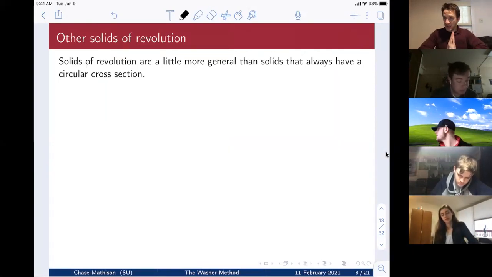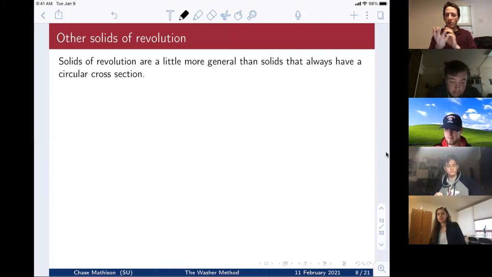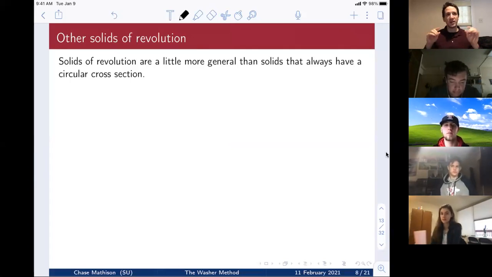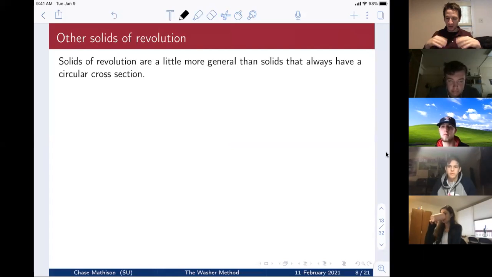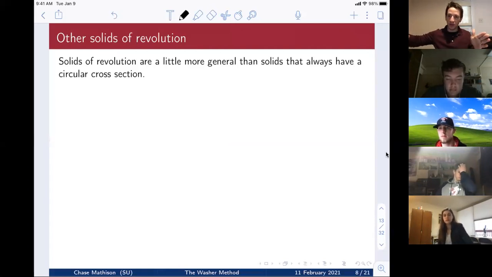So I lied to you technically when I said volumes of revolution or solids of revolution always have circular cross sections. That's almost the truth. But if anyone's seen a lathe machine, those spin something and then you shape the outside. But sometimes if someone's making, say, a bowl, they will come in with some tool and start